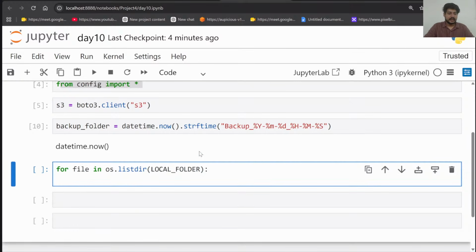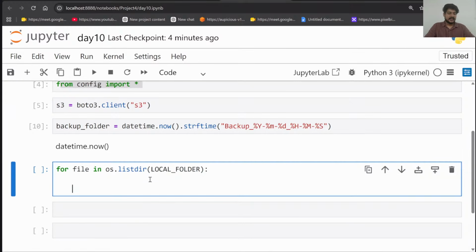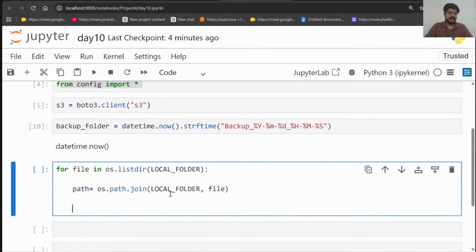हम लिस्ट कर रहे हैं इस फाइल की, फिर इस फाइल के अंदर इसका पाथ हम फाइंड कर लेंगे। तो जो भी इसका कंप्लीट पाथ है, तो हम यहाँ पे OS मॉड्यूल में एक ऑप्शन होता है path नाम से. So inside this path, I want to join the path over here. With what folder? With the help of local folder here. Local folder, right? Inside this, I want to join it here. And I want to pass the file also here, right? So this entire path, I'm passing it.